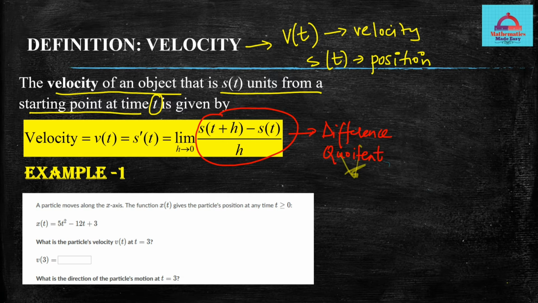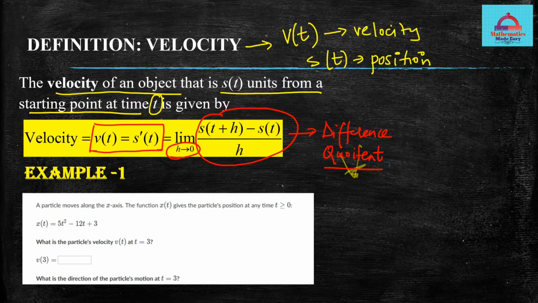And if you are taking the limit of this difference quotient as h goes to 0, or in a way you could say that because velocity is the rate of change of the displacement or the rate of change of the distance, that is the reason why you are taking this limit of the difference quotient. So let's see now in a simple way. We will just be using the formula that to get velocity, just take the first derivative of your displacement. So here in this case now we are going to see how we solve this question.